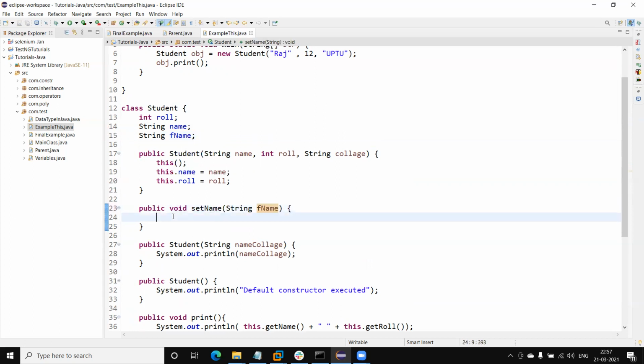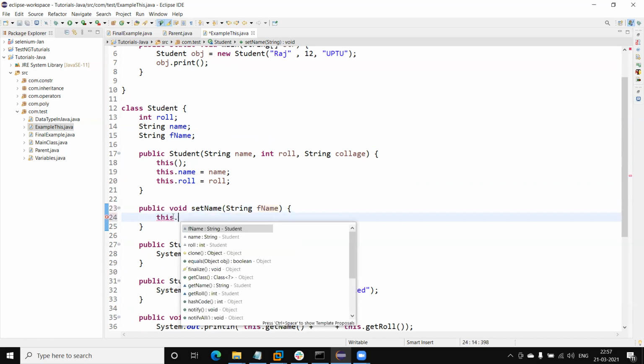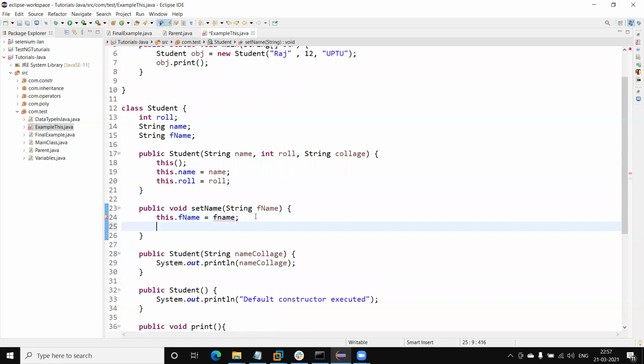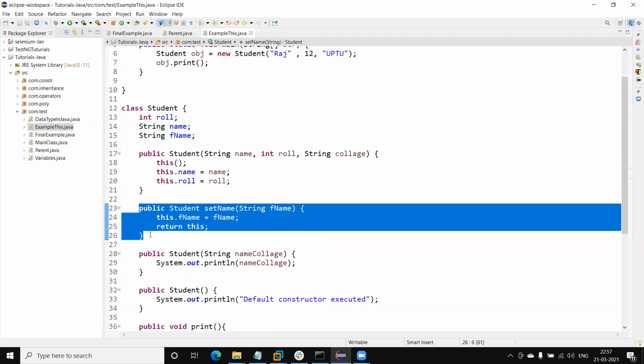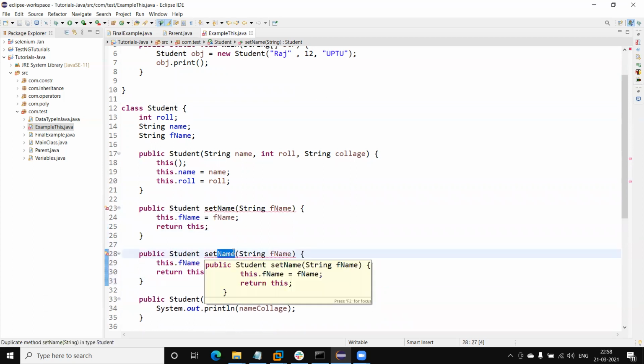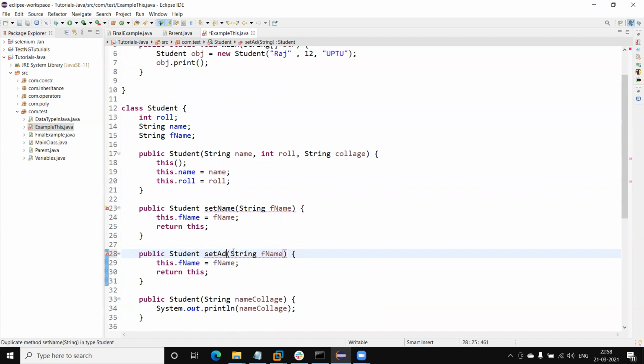Now here we can return this keyword. It means we are returning the same class object, so we need to change the return type to Student. Similarly, we have one more method, setAddress.